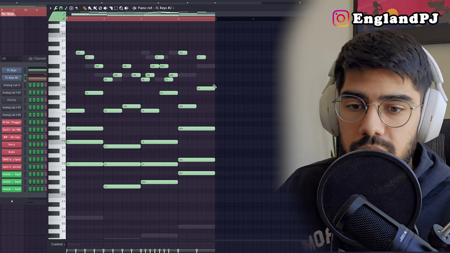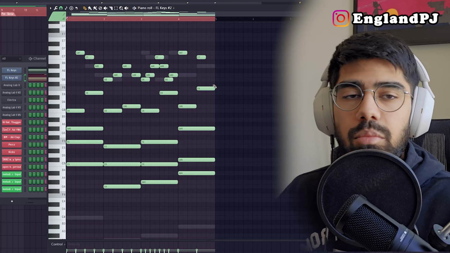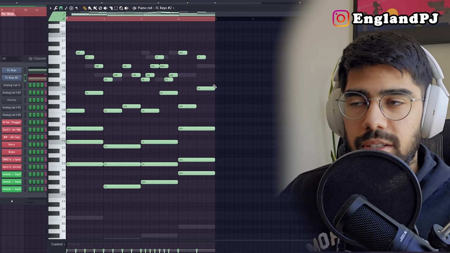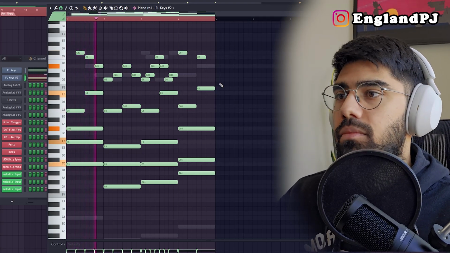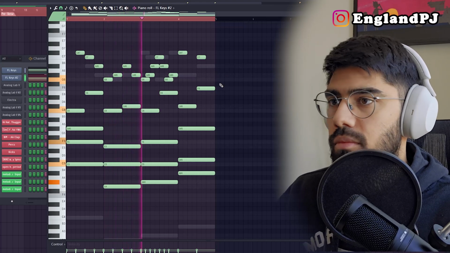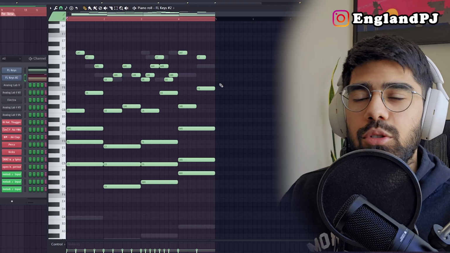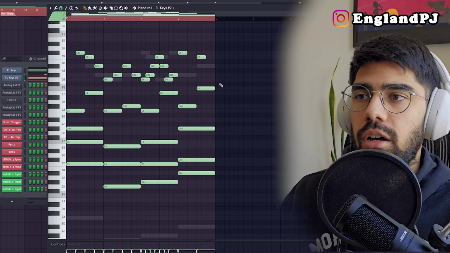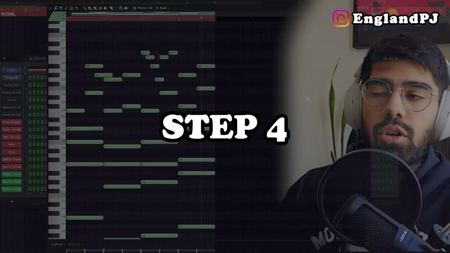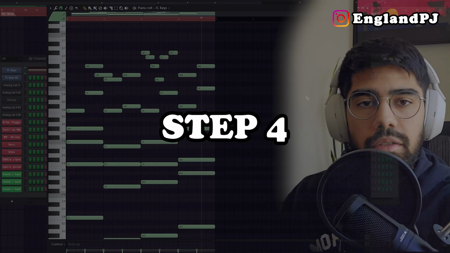Okay, perfect. I came up with this in 30 seconds, and that was just placing notes and feeling what sounded good. And that metronome really helps you find the beat and the bounce, so you can fill in those empty spots. Perfect. So now that we've done step 3, I believe,